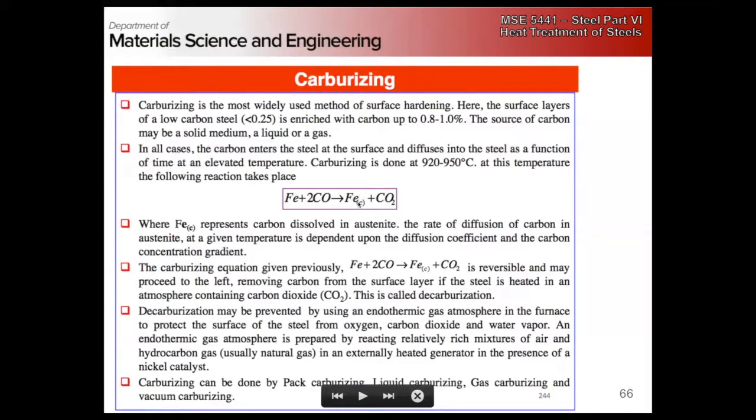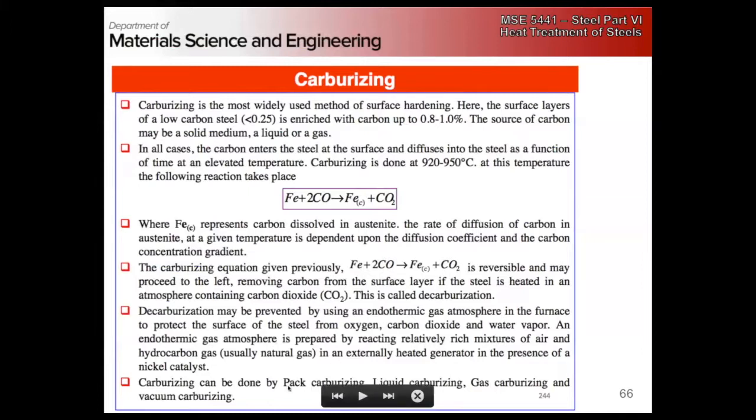So you've got carbon dissolved in austenite, right? And so then a quench will produce more martensite at the surface. Or even if it's slow cooled, you still have a locally carbon-rich surface, right? So that's the easy way to do it with a welding torch,